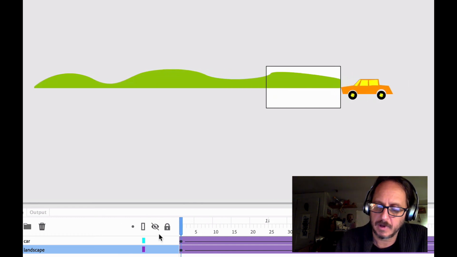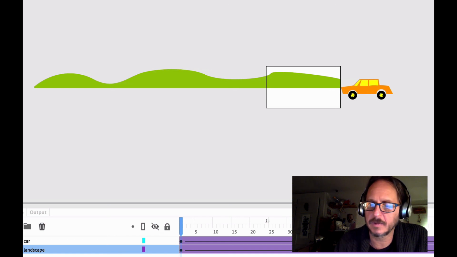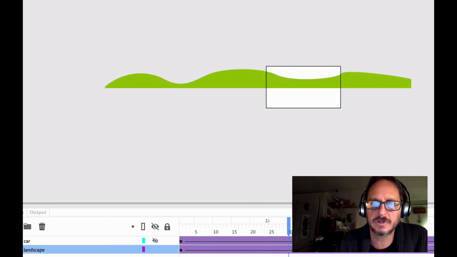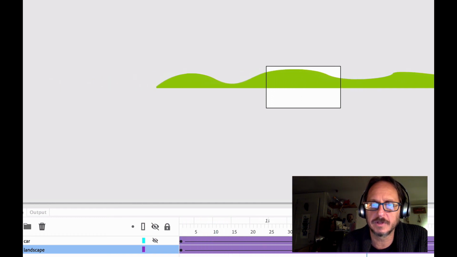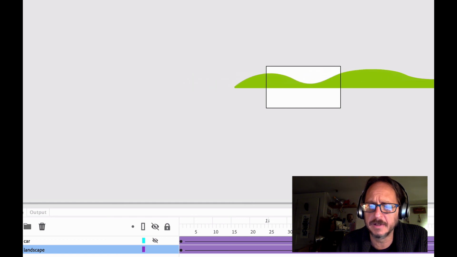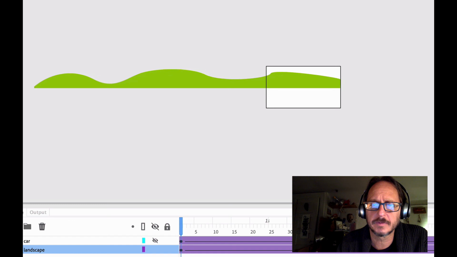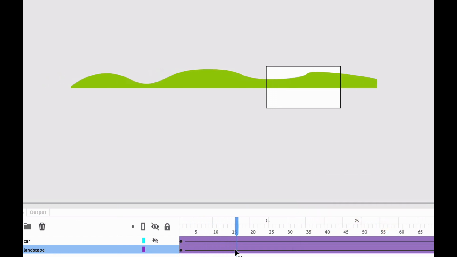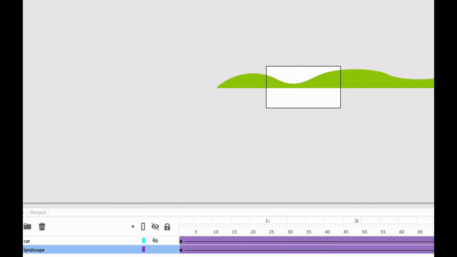Okay, now what I want to do is point out, without the car, that the landscape is just simply going until its tail end is on stage. Starts here, moves to the right, until it's just inside.